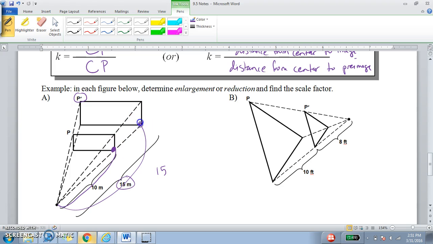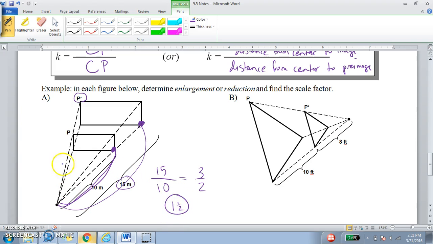So these 2 points correspond to each other, so I can use those 2 distances because they correspond with each other. This point corresponds to this point. So 15 goes on the top because it's always centered to the image and then to the pre-image. So it's the opposite of what you would think. You start with the ending shape, that one goes on top, and then the beginning shape, that number goes on the bottom. So 15 over 10 reduces to 3 over 2,